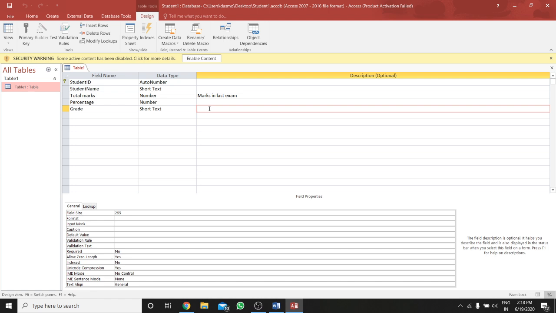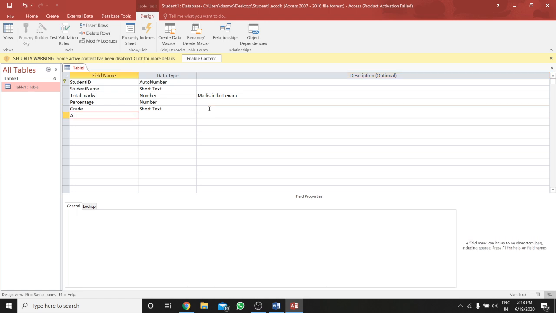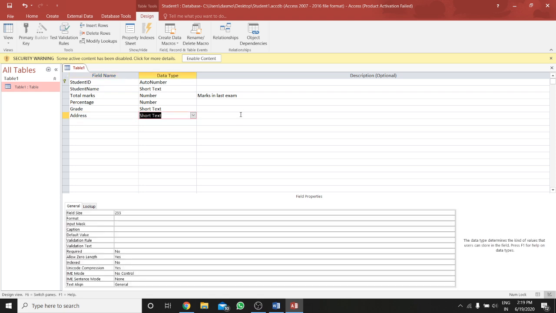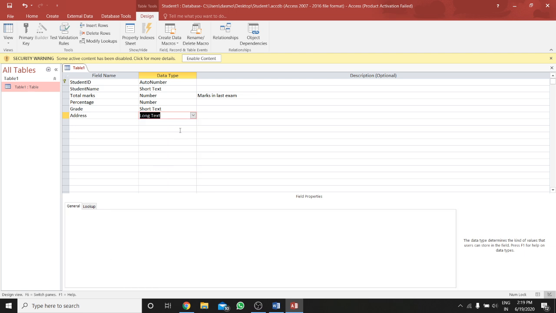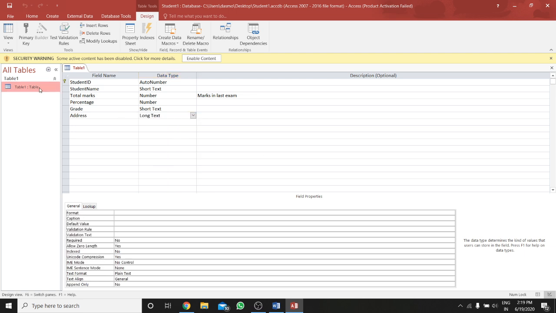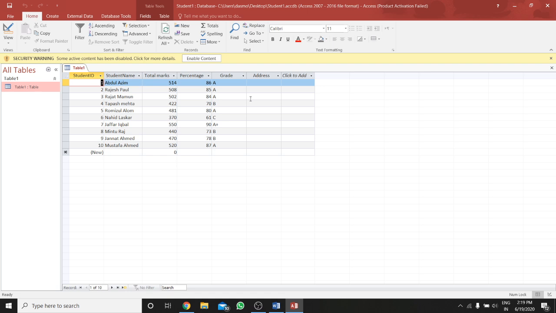Let me add a field, say address, and let me give it as text. Let me save it. Now let me give one data, Karimganj, and next one, Badarpur.